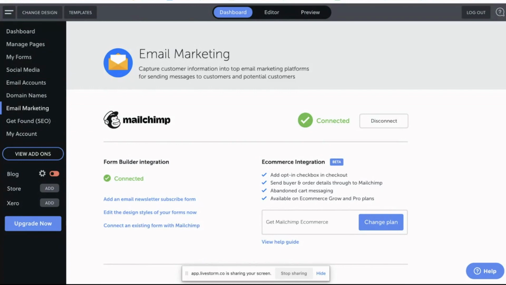Cool, so I've just updated something on the back end of mine, and I've gone and verified my account. And I'll make sure that I am on a MailChimp plan as well.